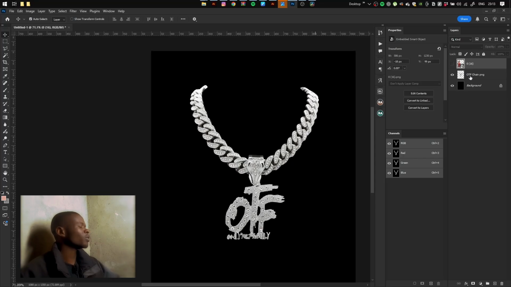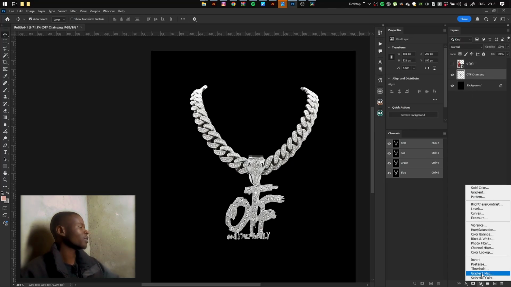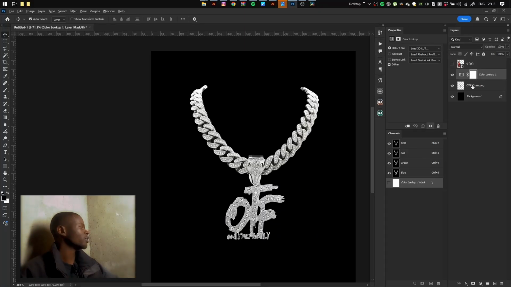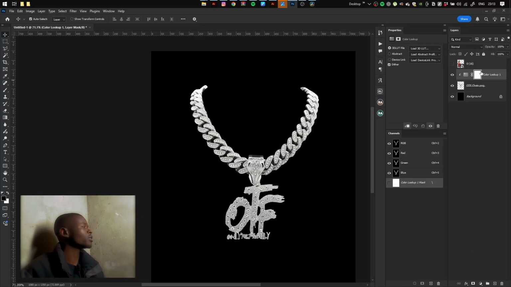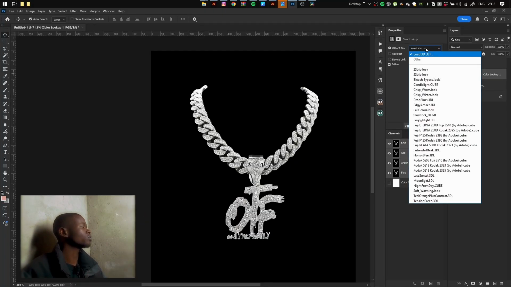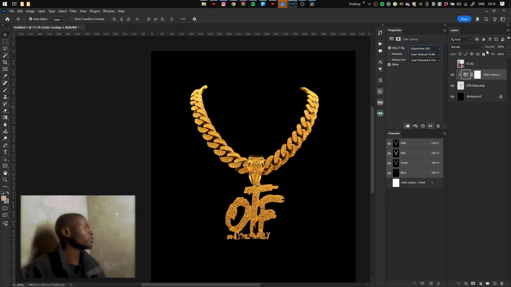So the first one I'm going to do, guys, will be very simple. I just go here and then the color lookup, and then just clip it in, like the effect coming down, from this to this, clip in. And then once you clip it in, just change here to edgy ember, and then you should have something like this, gold. And if you feel like it's a little bit too much, always reduce the opacity,